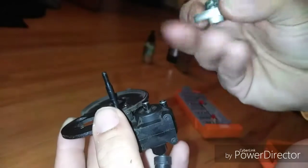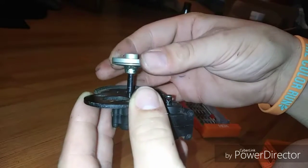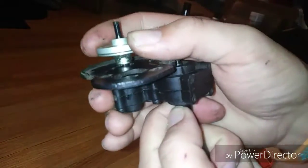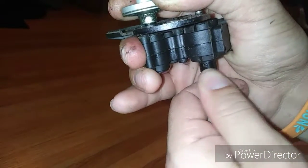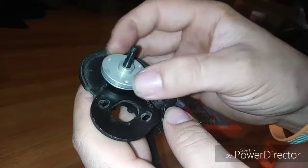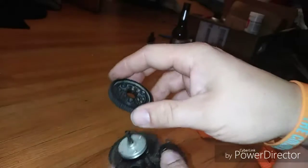Now this is just, wow, that's embarrassing. All of this work that I did on this thing, and I didn't even think to put that down. Totally forgot about cleaning that. I should have cleaned that first. That right there is actually going to be the slipper clutch that's going to go on before the spur gear. I mean, I had cleaned up the top part, but I didn't clean the bottom. Oh